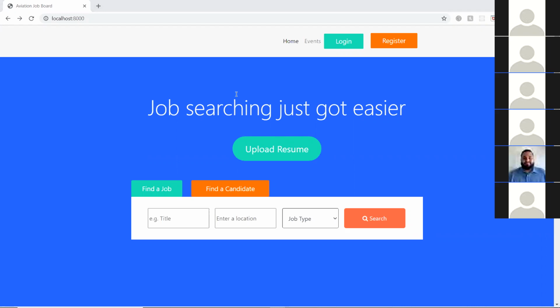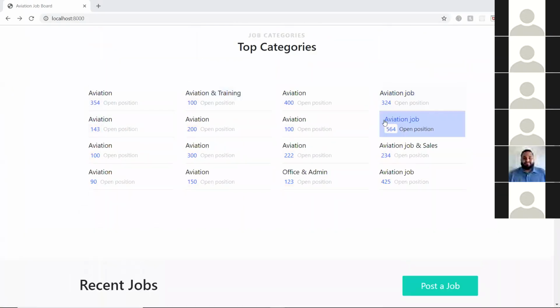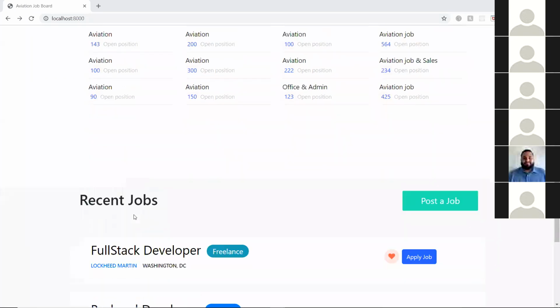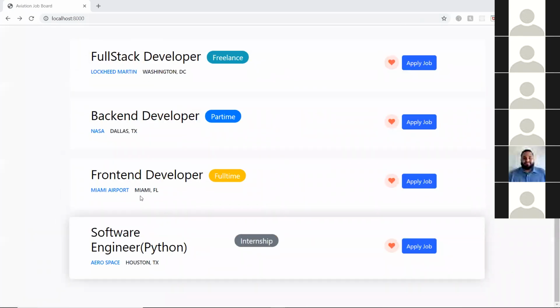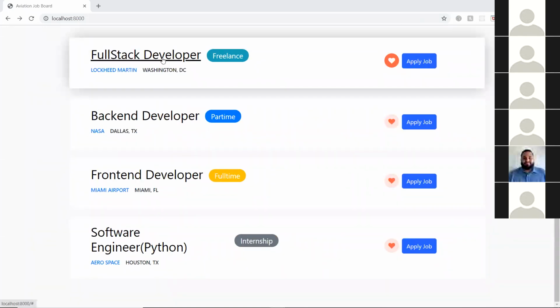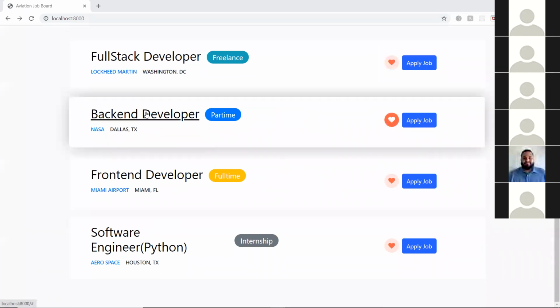As you can see, we drafted up a couple mocks. We came to the conclusion of how the landing page may look, and this is what we came up with. So if we can scroll down, Malachi. As you can see the categories, the different jobs available. If we can keep scrolling down, and you can see recent jobs and just the front end aspect of it. And if we can click and apply,